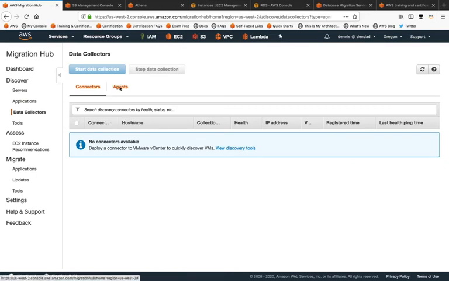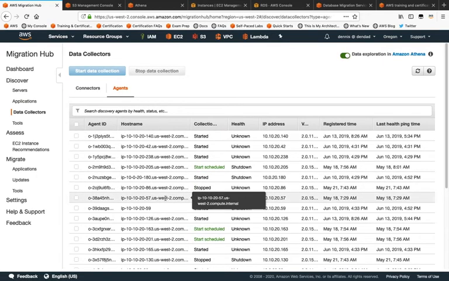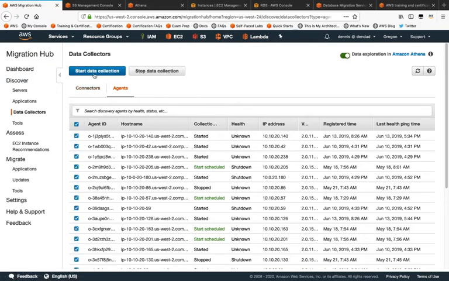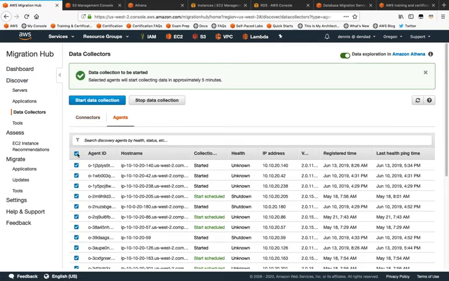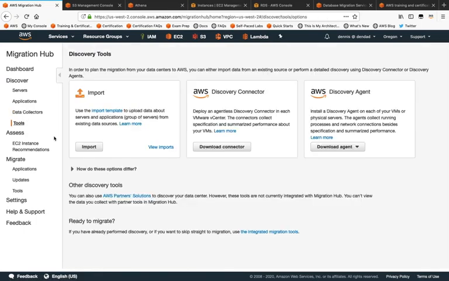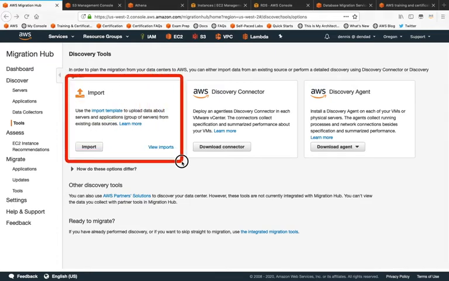I've actually got a number of agents that are running right now. What I can do is I can actually start some data collection and retrieve some data on those agents, some historical information. That then ties in to the Discovery connector and the Discovery agent. I can also, if I choose to, import my own discovery information